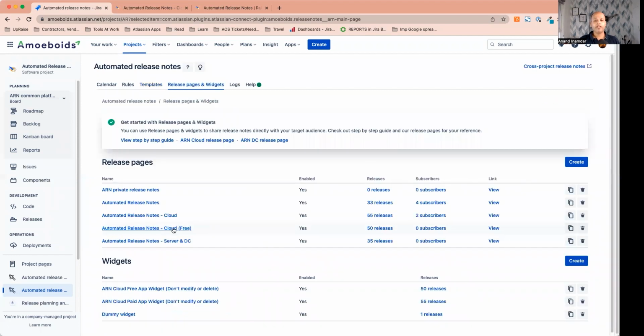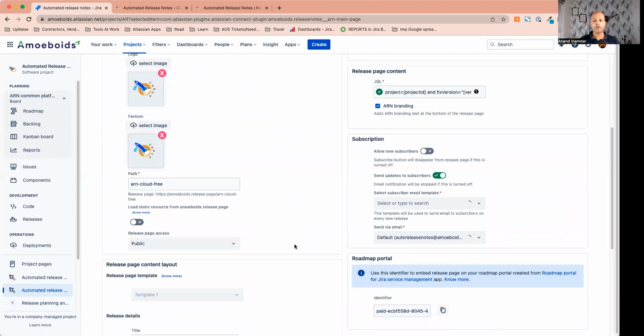We were looking at the free one. I'll scroll down and you'll notice send updates to subscribers is turned off. Obviously, it wasn't turned on in the initial stage. I'll turn it on now. Then the drop down after that becomes available for me. I'll pick the template that we just created, summary to release page subscribers, and then I can define the send